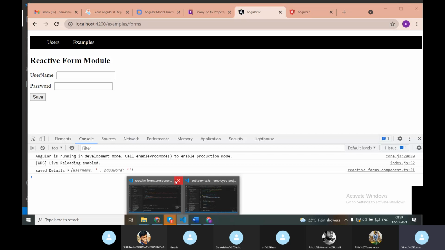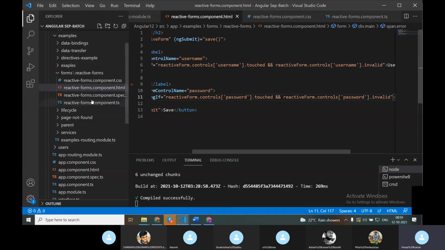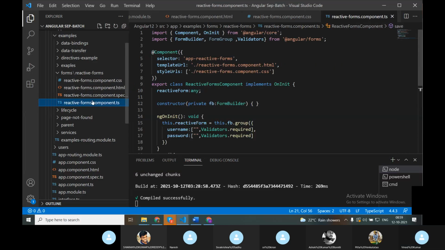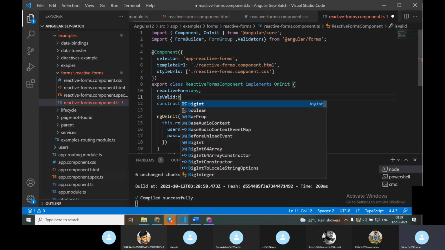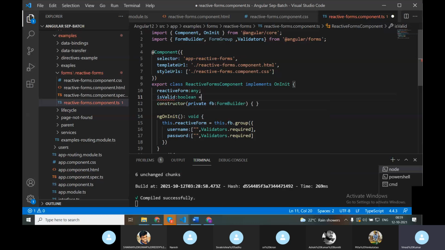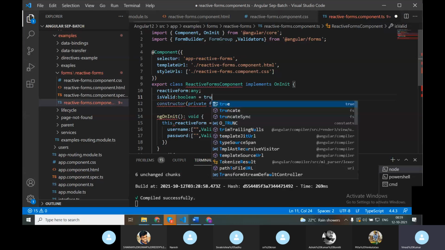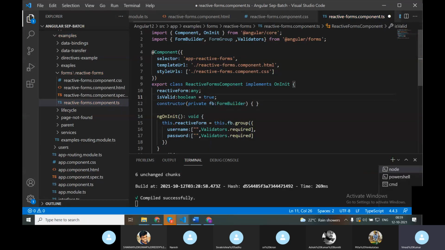That is nothing but, first ఒక boolean value create చేసుకోవాలి. Is valid, return type of boolean. So initially it will be true, is valid. So ఇక్కడ ప్రతి ఒక్క ఇన్పుట్ ఫీల్డ్ కి, see, here we have provided a